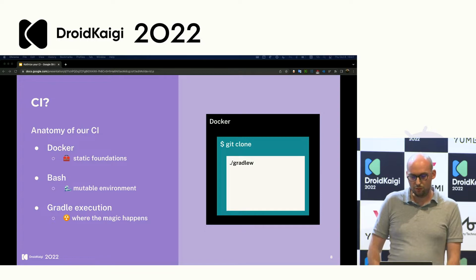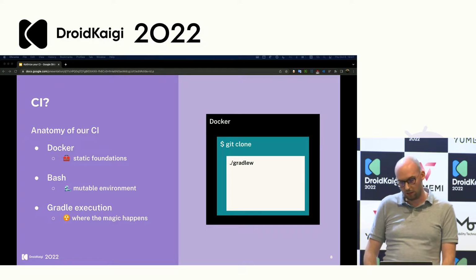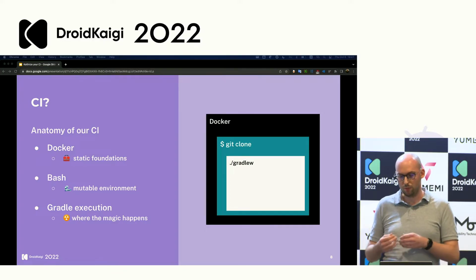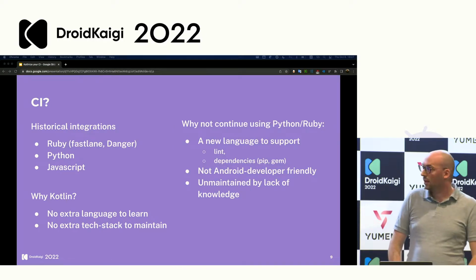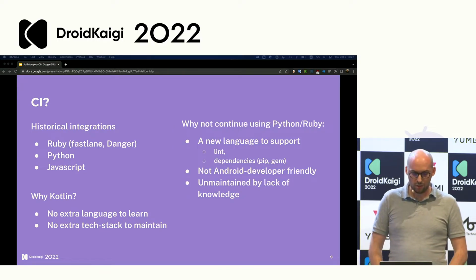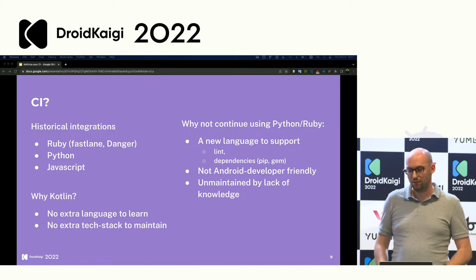The last layer is usually the Gradle execution itself. Gradle being a complex piece of software and being able to run as many tasks as we want in one execution, we will assume that each CI job will try to use Gradle only once. So now that we understand what's a CI, let's take a look at the specific